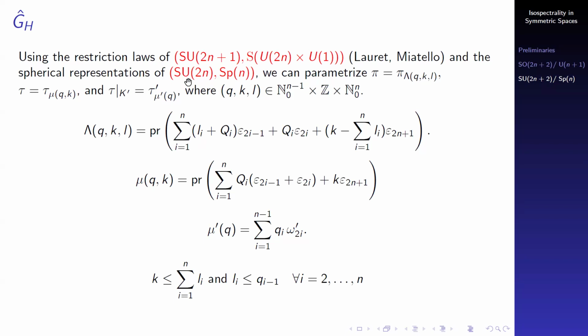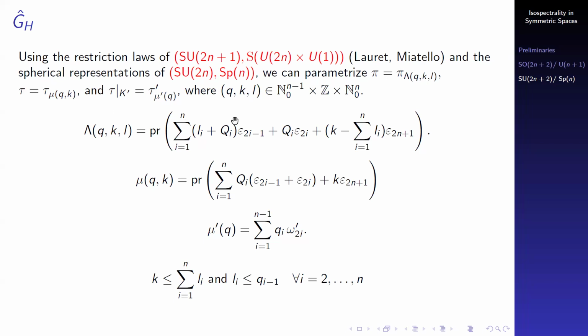Okay? So using these two that are well known, this is a symmetric pair, we can parameterize all the spherical representations, and we also know what representations appear when we restrict P to K, and we also know how tau looks when we restrict to K prime,